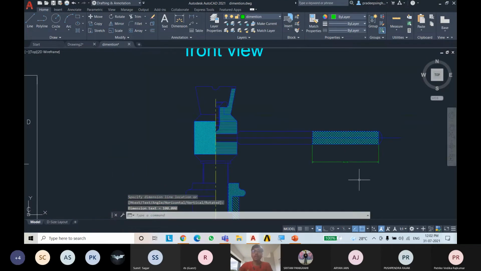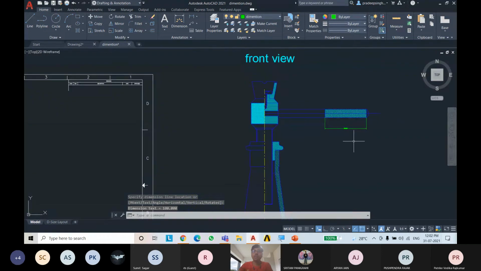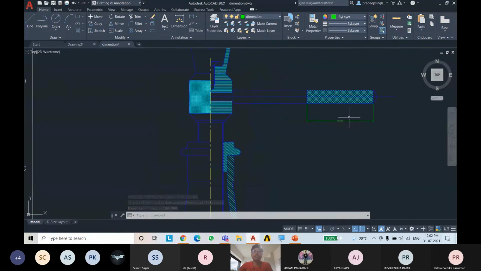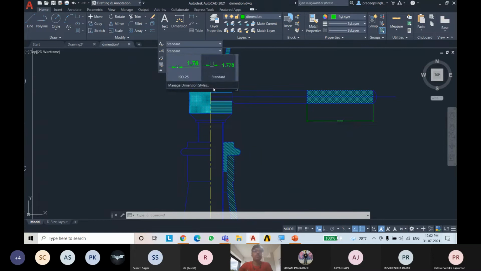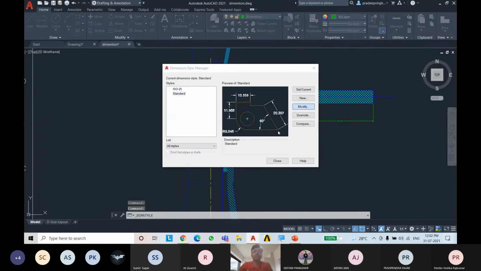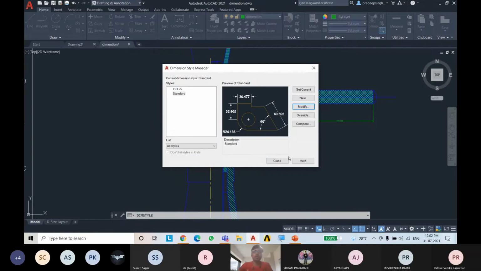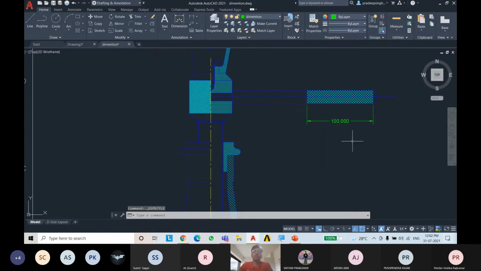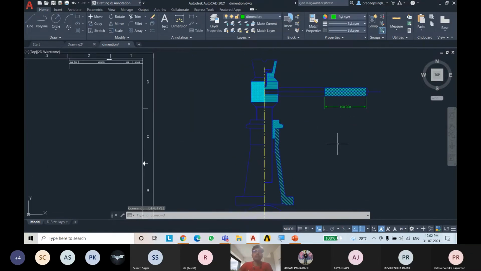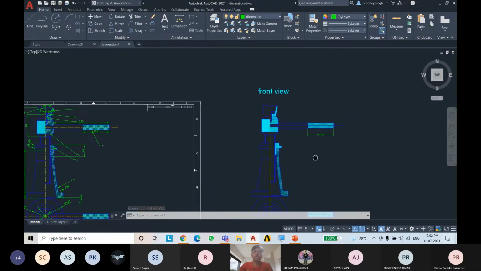So now you can see that it's quite visible but still not enough. So change it again, go to the standard dimensions, modify. That's 20. Then 30. Okay, close this. So now it's easily visible.